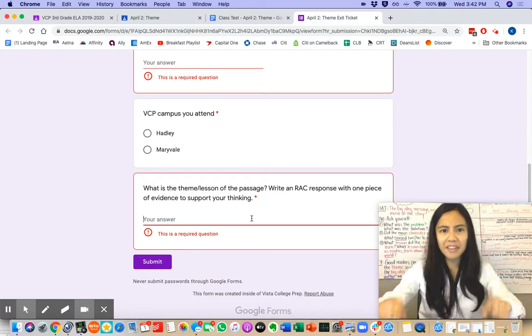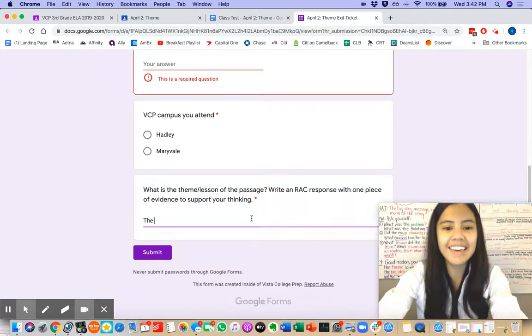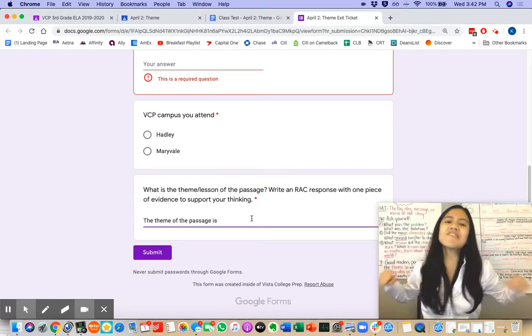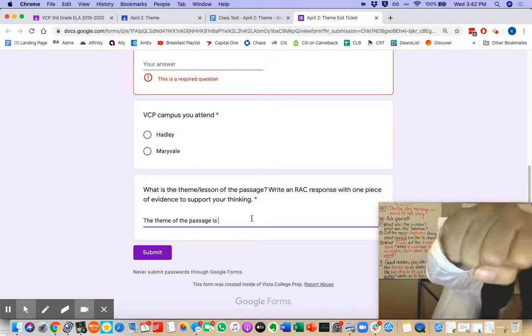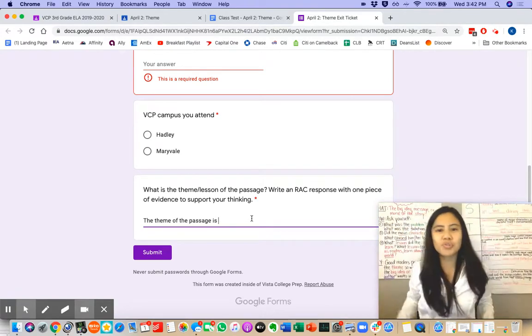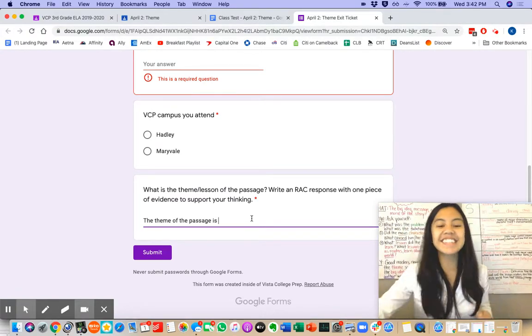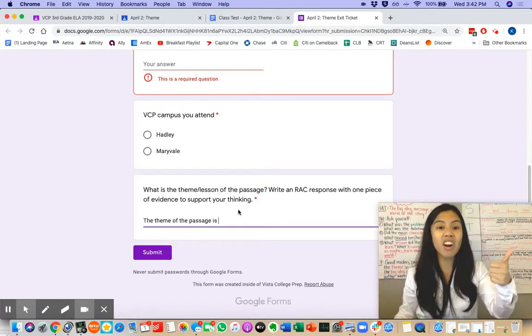Whoa! If you started with "The theme of the passage is," give me a pound it. Nice. Remember that a theme is always a complete thought.